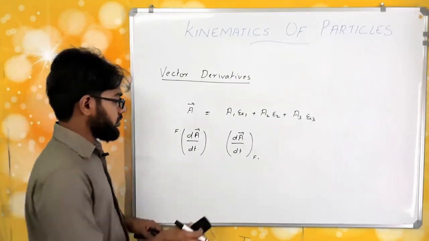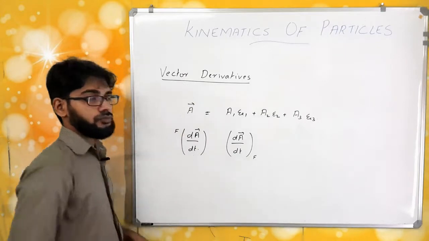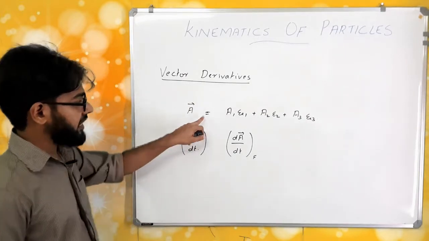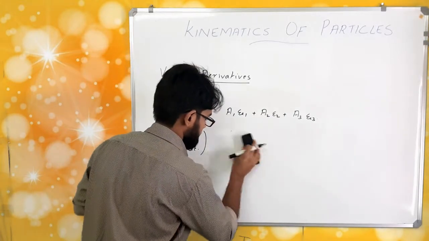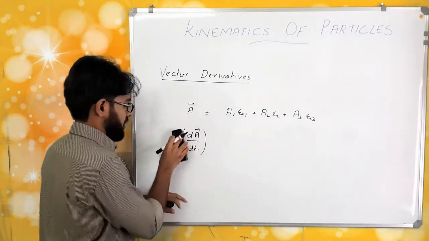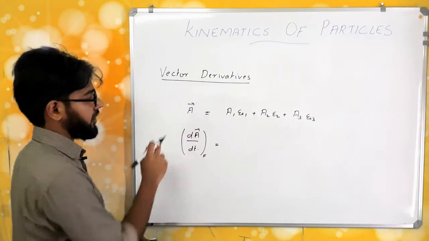So if I take the derivative of this vector A, I will get